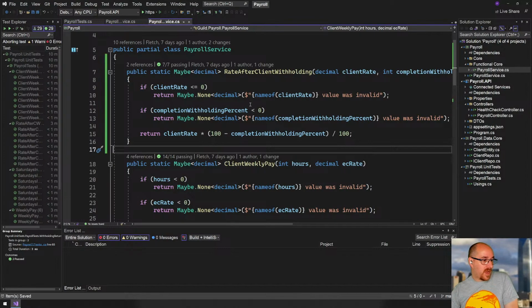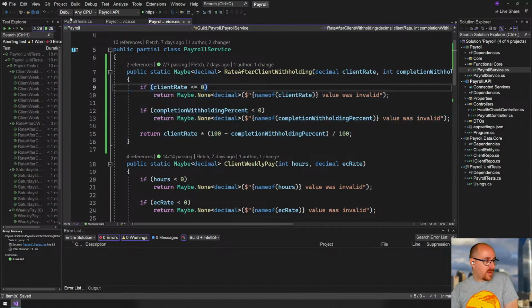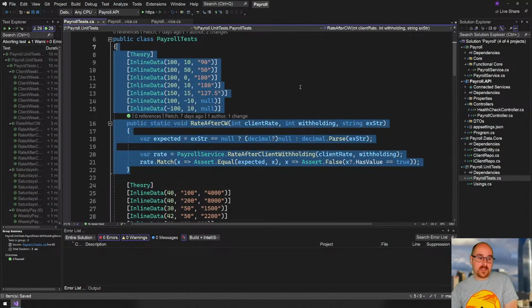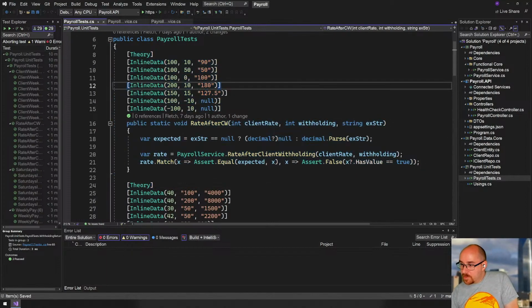Okay, so we've got this method. It's pure still, and we've got the tests, and the tests are pure still. Much simpler tests. You don't need mocks or anything like that. The next step